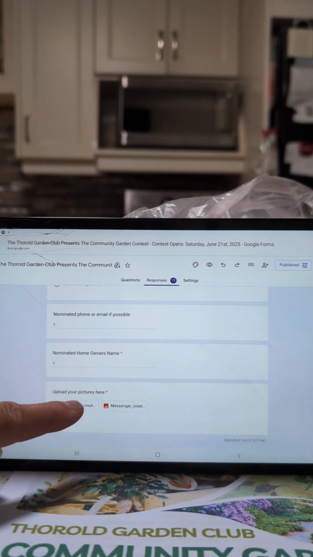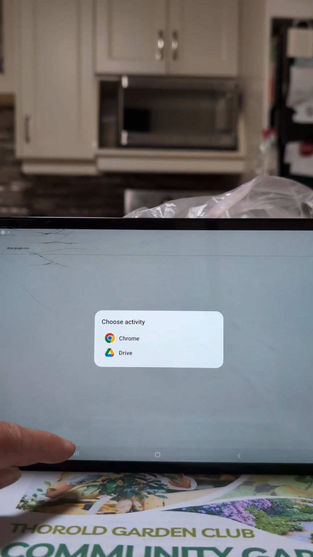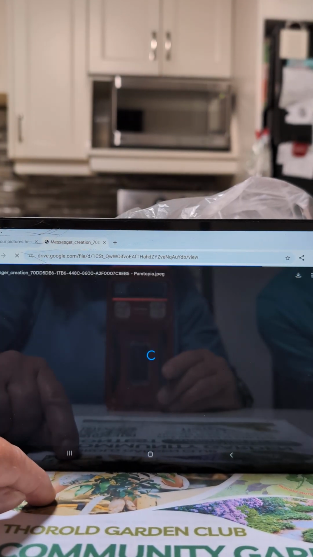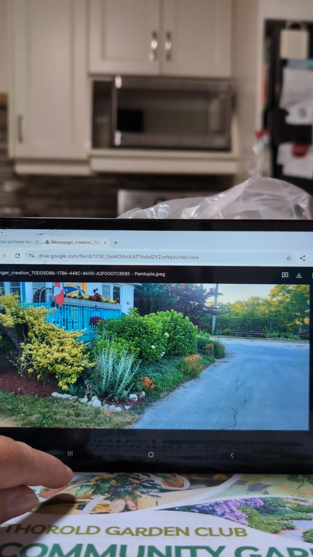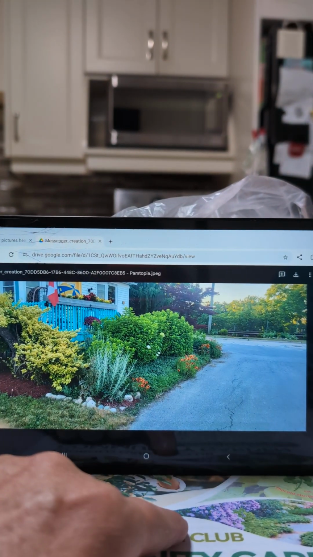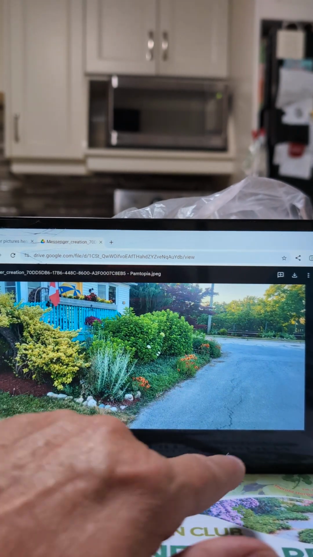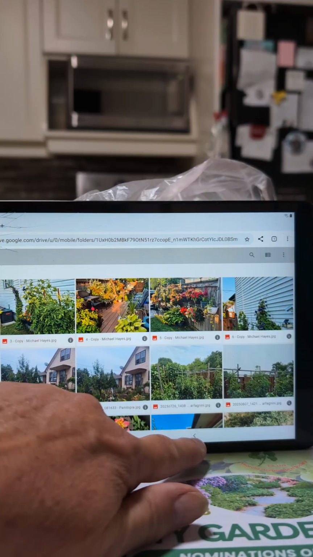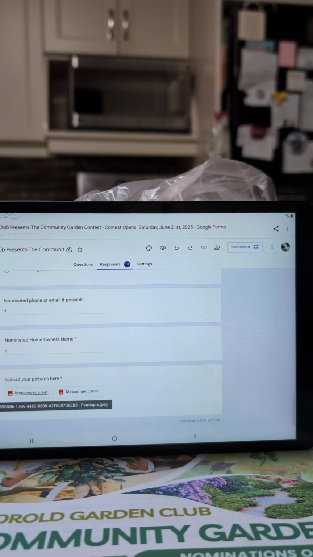And there's 2 pictures. So you can just click on the picture, click on your Chrome. It'll take you to the one picture. And she has 2 pictures that she entered. So we've looked at this one here. You can download it if you want to make your presentation. Then when you're done, you hit back arrow and back arrow again, and it brings you back to this